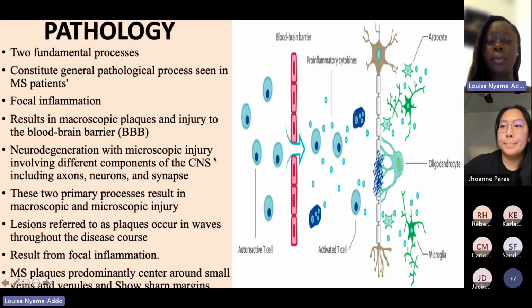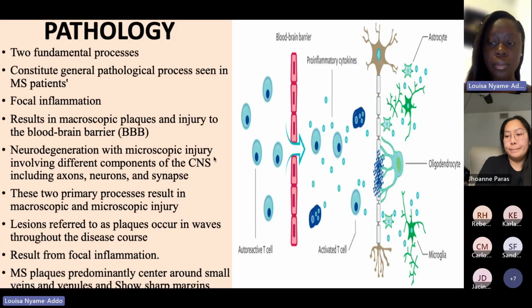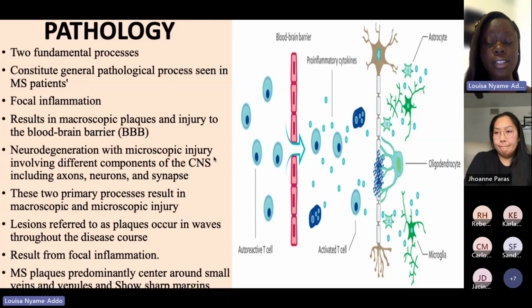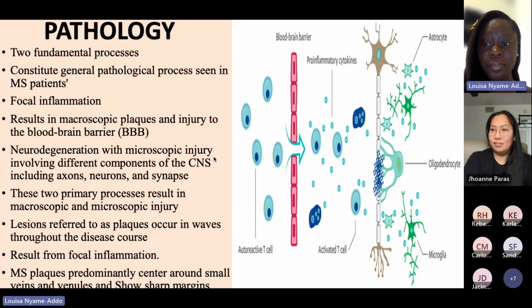So the pathology of multiple sclerosis starts with 2 fundamental processes. The first constitutes general pathological processes seen in MS patients, and the focal inflammation seen in MS patients results in macroscopic plaques and injury to the blood-brain barrier, which you can see on your computer screen. The second is neurodegeneration with microscopic injury, which involves different components of the CNS, including axons, neurons, and synapses,